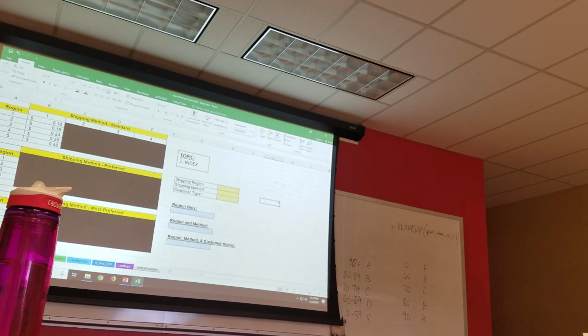So, let's say that we determine people's shipping cost, and there's one and only one thing that we use to determine that shipping cost, and that's what region are you in. Closer you are, cheaper it is, the further you are, the more expensive it is. That's all. We just use region, that's it. And let's say these people, I'm gonna go over here to H9, let's say this customer is in region 4. Well, I'm gonna put a 4 over here, again, to get out of the habit of